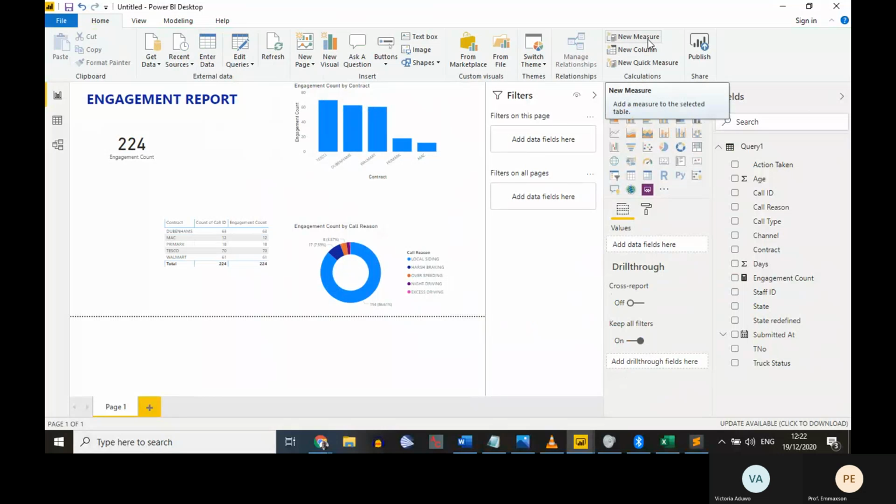Let's assume for your data you want to calculate the average age of something, like we calculated age at some point. You want to calculate the average age of something, not because we need it for this particular conversation, but just because we want to learn how to create it. I can create a